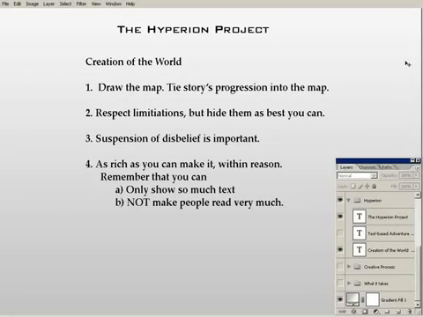Next, you want to make the environment as rich as you can make it, but within reason. Remember that you can only show so much text on the screen. You only have that limited window size. And B, you cannot make people read very much. You may have this big, long description of this room with all these robots in it, and how the robots are being assembled, and how all these parts are being bolted on, but you get into what I very politely and with all respect call J.R.R. Tolkien syndrome, where you get so descriptive that it's almost hard to flow, even though you do have a great product in front of you. You don't want people to get so bogged down in the descriptions that they lose track of what's going on, which is probably what I'm doing with this presentation, so I should move on.